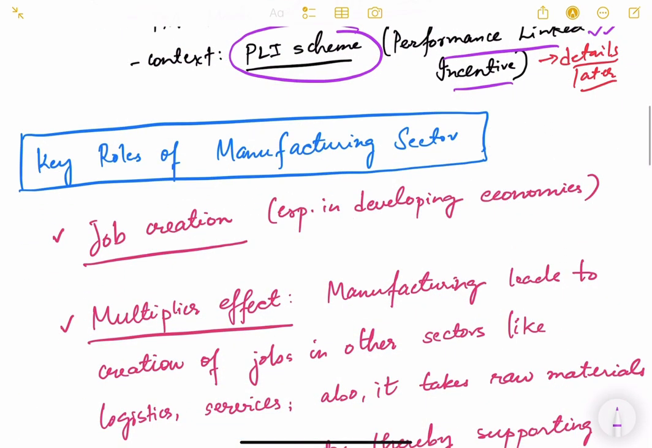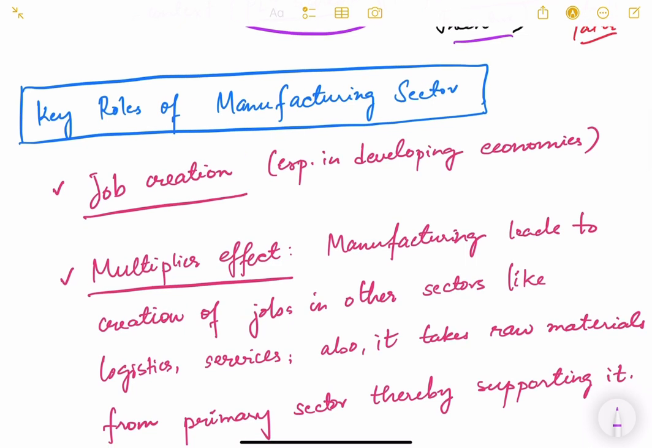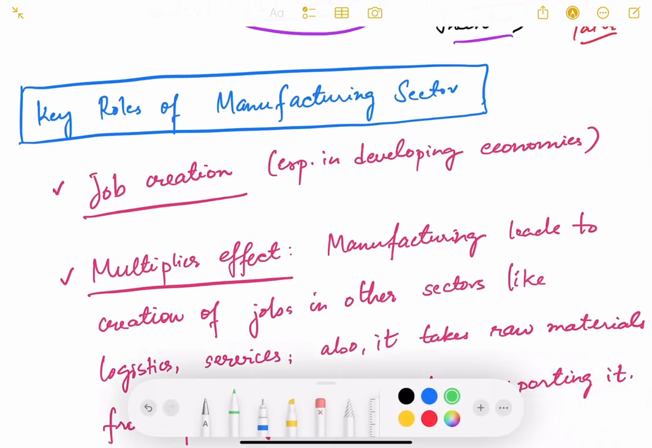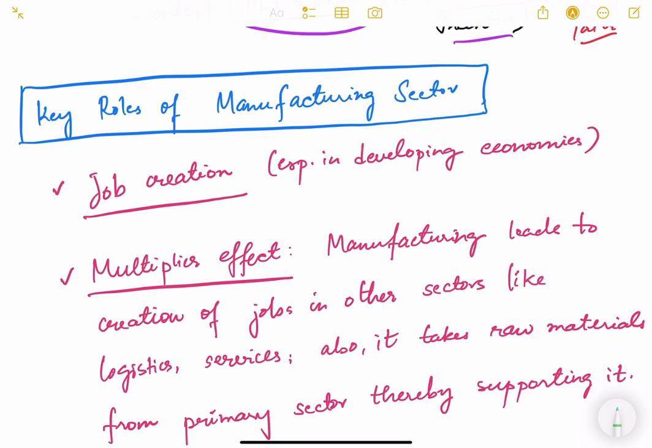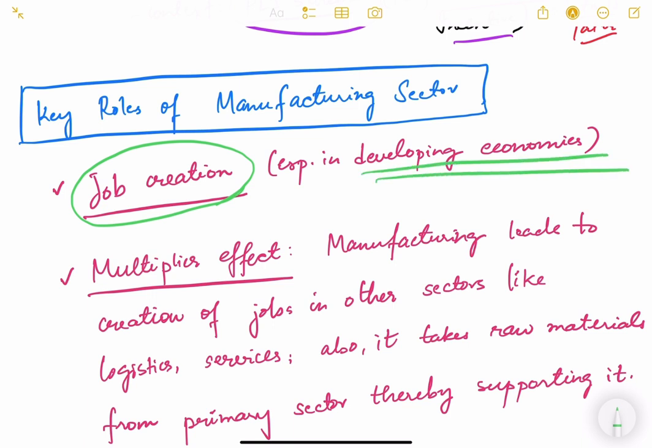Now, what are the key roles of the manufacturing sector in an economy? Let us first see that. As we all know, it creates jobs in the economy. Job creation is an important activity, especially in developing economies. In developing economies, which mostly start as agrarian economies, the primary sector is the dominant sector. In order to pull out the additional labor from the primary sector, the manufacturing sector provides an important